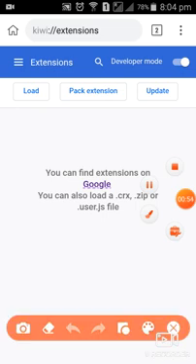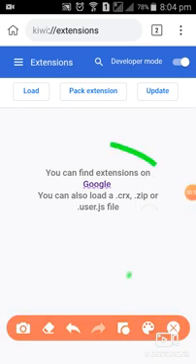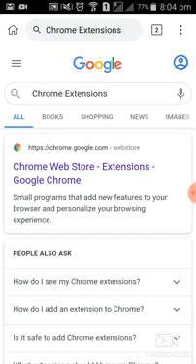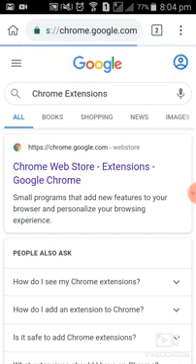After this a screen will display, and you will find this written here, this one, where you can find the extension on Google. It means now we click here, then this is the first one, Chrome Web Store for the extension.